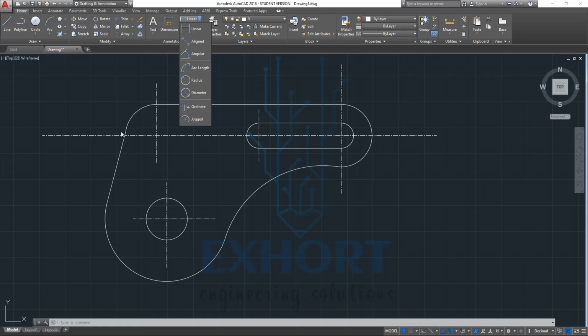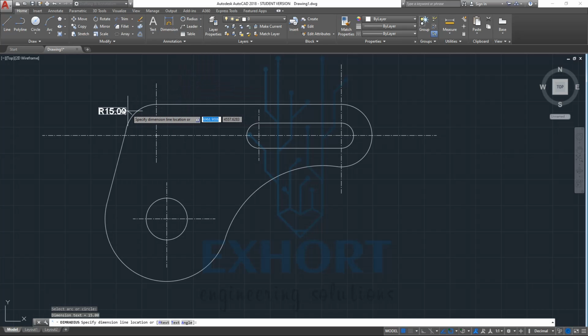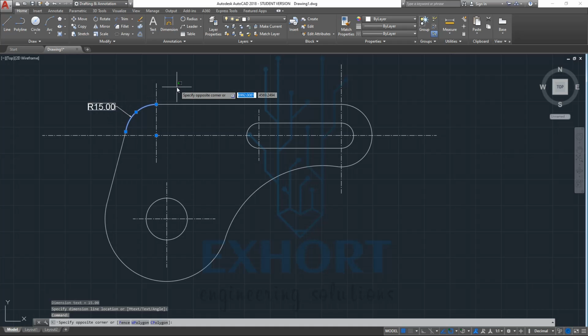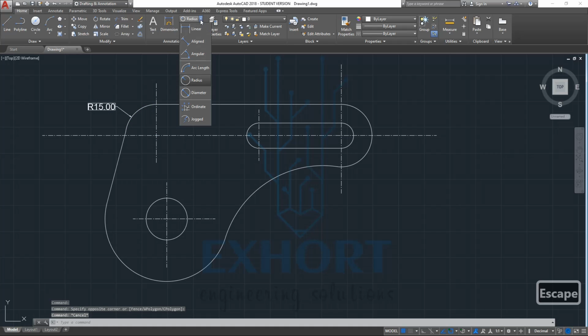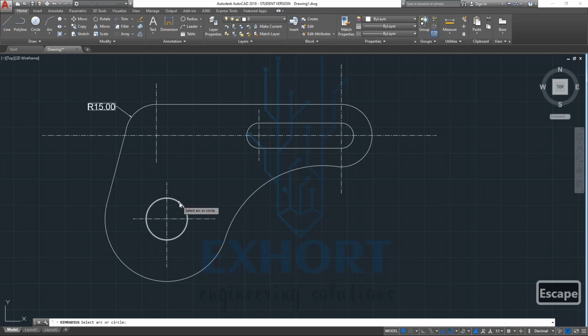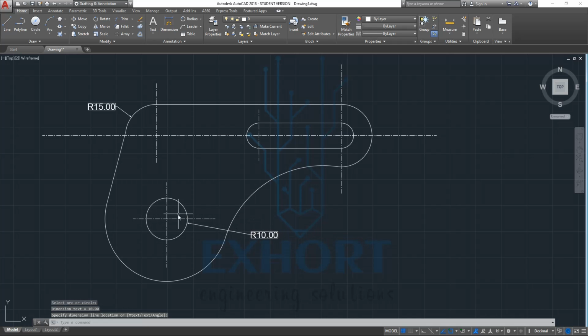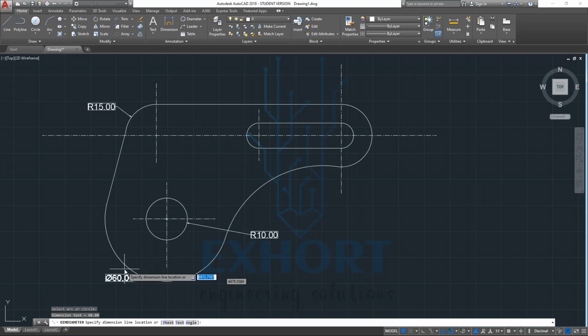We can measure this arc by using arc length. If we want arc length, or I will select the diameter or radius. Just select radius, just select this line. You will notice that the radius of this arc is 50 mm. Likewise, if I want the radius of this circle, I will select radius and this circle, and you will notice that the radius of 10 mm is shown directly here. It calculates the dimensions itself and gives them. Now I select diameter. It shows that the diameter of this is 60.